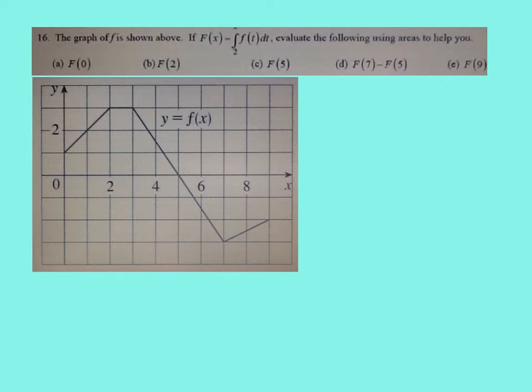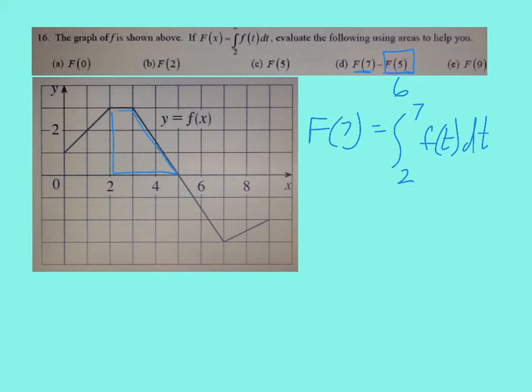All right, part D. Part D looks like it's going to be a little bigger, but we really want F of 7 minus F of 5. Well, this is nice because we just did that. We just did F of 5, so that is 6. So really what we have to do is find F of 7. So we're going to find F of 7 here. We're going from 2 to 7 of f of t dt. So we want 2 was all of this. We already know that is 6. And 7